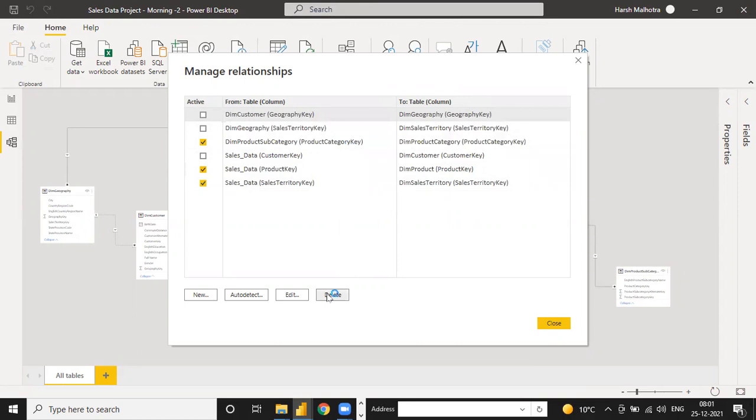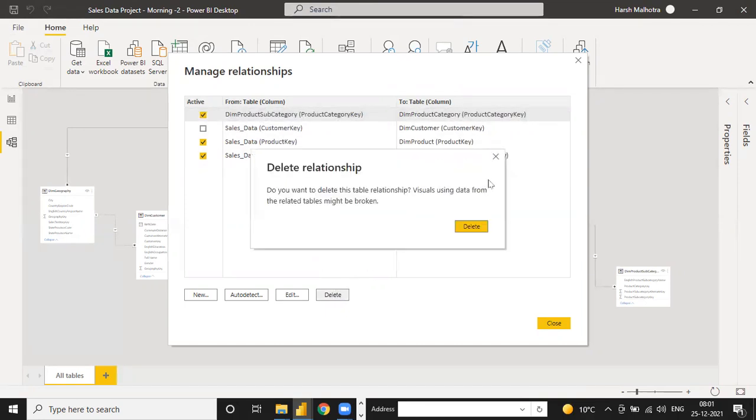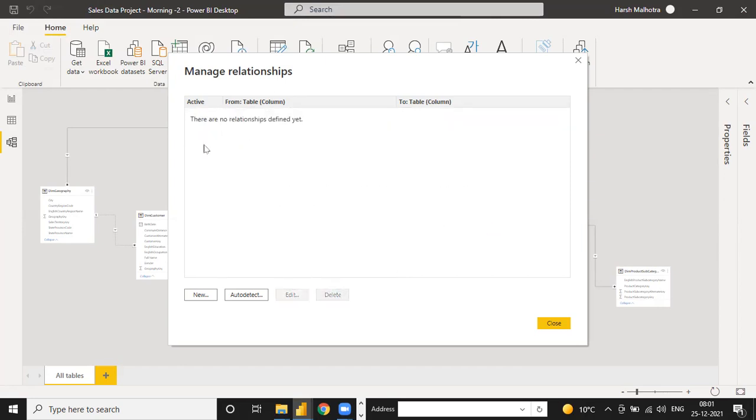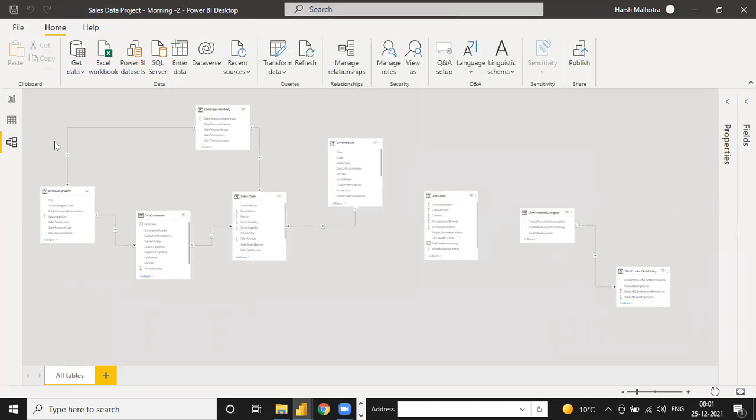Go to this, delete one by one, because we don't want any relationship which is automatically created. One by one, we have to create the relationship. Now all the relationships are deleted. If I click close, you can watch here, all the relationships are removed.